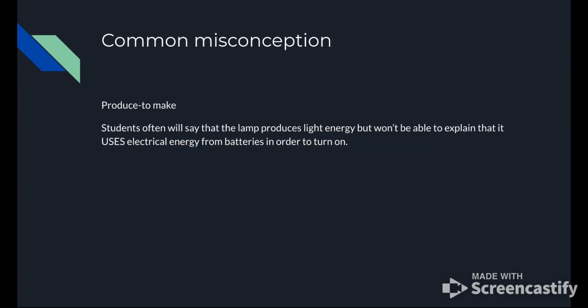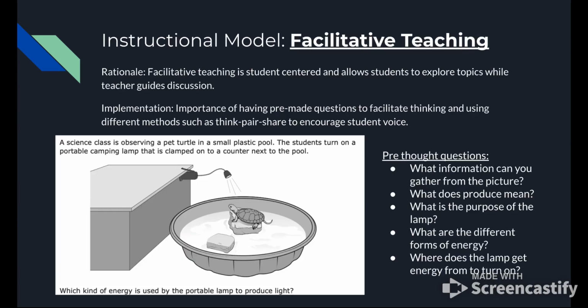So if we were to look at this specific example, which I'm going to read, a student class is observing a pet turtle in a small plastic pool. The students turn on a portable camping lamp that is clamped onto a counter next to a pool. Which kind of energy is used by the portable lamp to produce light? So before I talk about the pre-thought questions and how we're